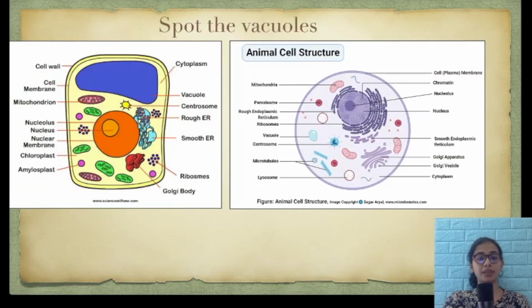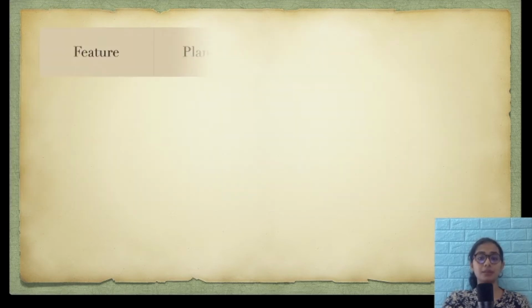Now, can you spot vacuoles in our diagram that we've been observing since the beginning of this chapter? There you can see the large vacuole inside the plant cell, and inside this animal cell, you can see a small vacuole over there. It's supposed to be many anyway. Now we've got the whole picture of a cell in both plants and animals. We have learned a few ways in which they differ also. So let's just compare them.